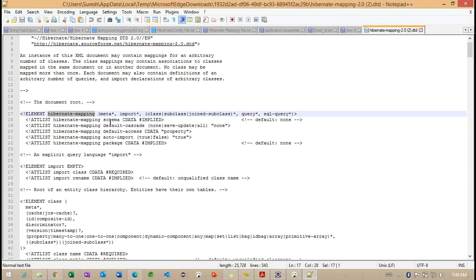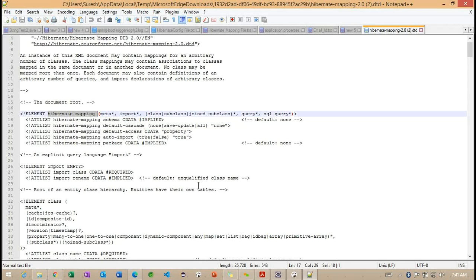We can understand the main tag called Hibernate mapping. Getting the point? So this is the information it contains. We'll have more information on this particular Hibernate mapping. We can check package, auto-import, default access, and everything, and we are going to discuss schema. In real-time applications, we are going to work with the package and the schema. We'll have more information on the package and schema when we define them at the Hibernate mapping level. So what are the advantages we are going to get? Getting the point?